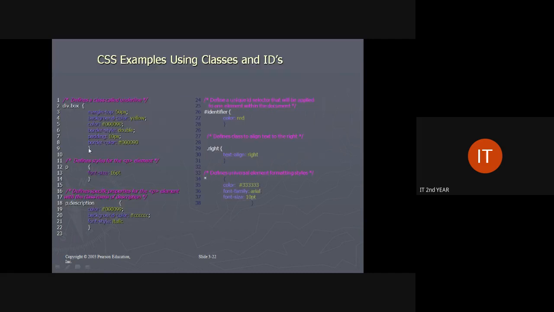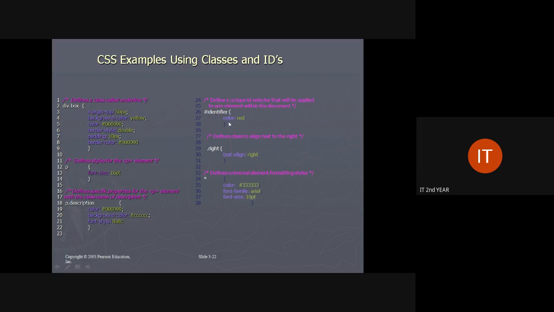See here in this example, div is the tag name, box is the class name, and we are providing the styles. And for paragraph P, we are providing the styles. This is normal CSS style. If you are giving a dot, it refers to classes. If you are giving a hash symbol, it refers to IDs.